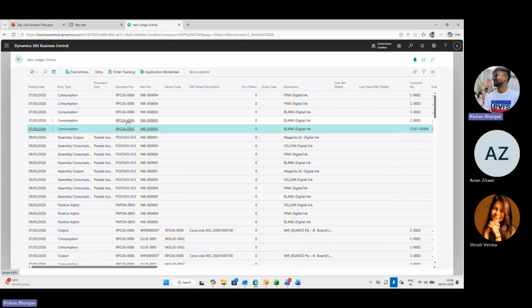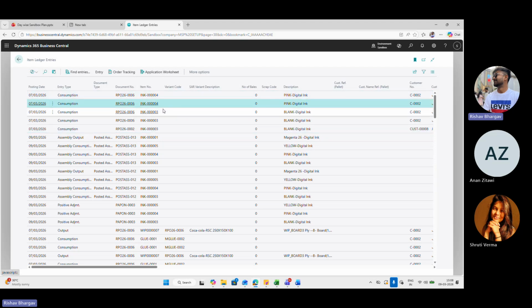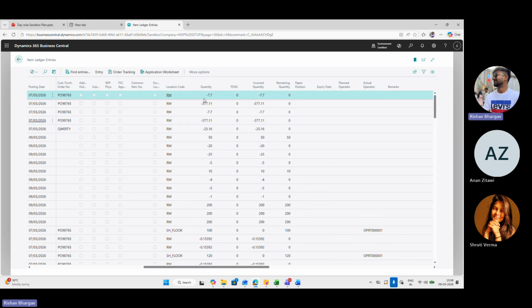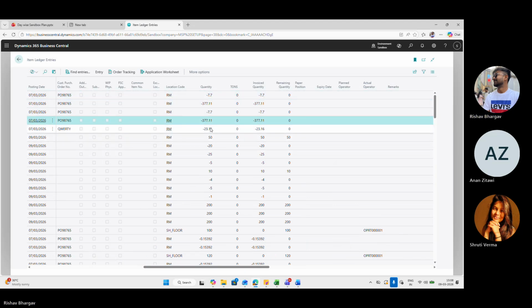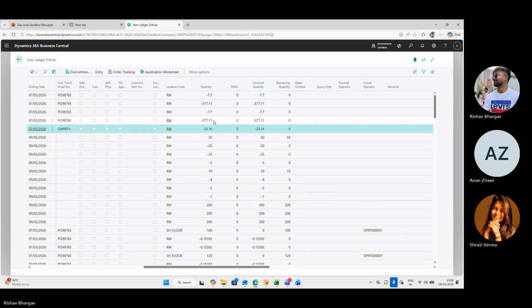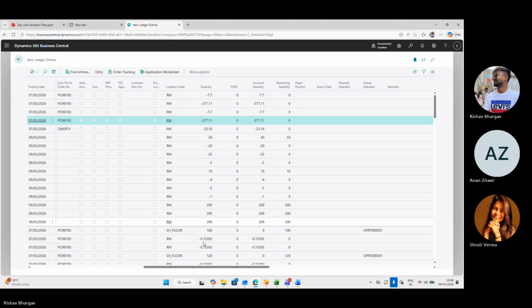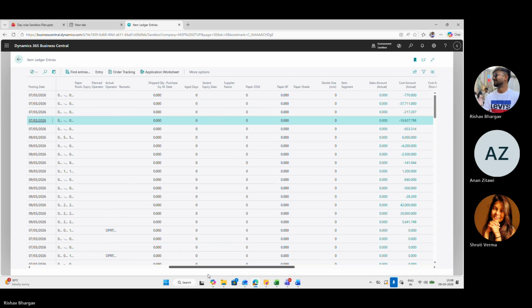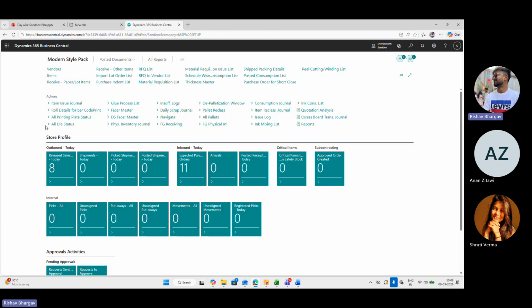For the RPO 6, these ink item numbers, and you see the quantity has been posted. Okay, sir.